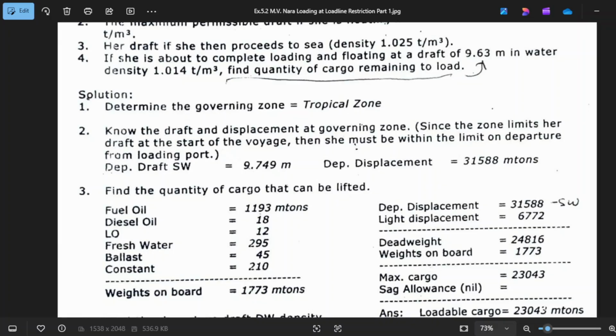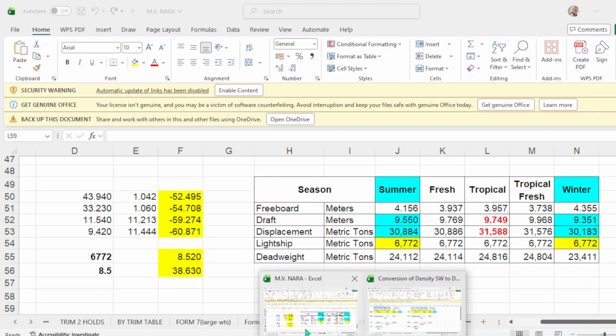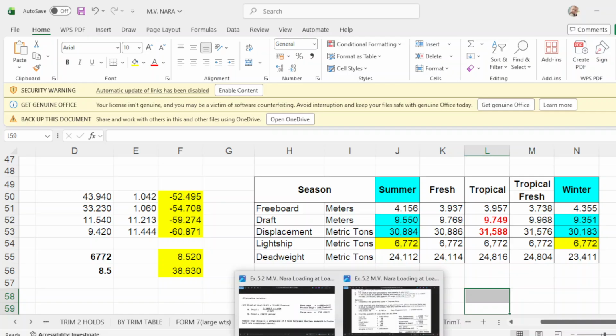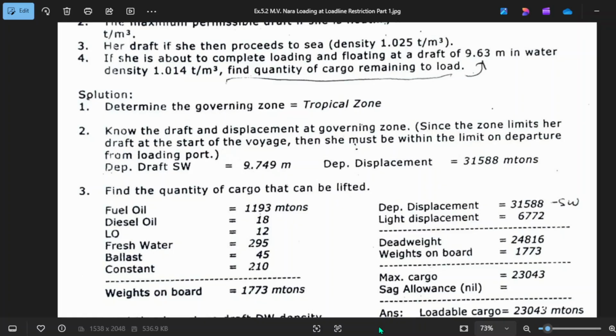So where did I get this light ship? You go to your capacity table and your light ship is 6,772. Okay, all throughout, that will be your light ship of 6772. So minus your light ship, that will be your deadweight of 24816.